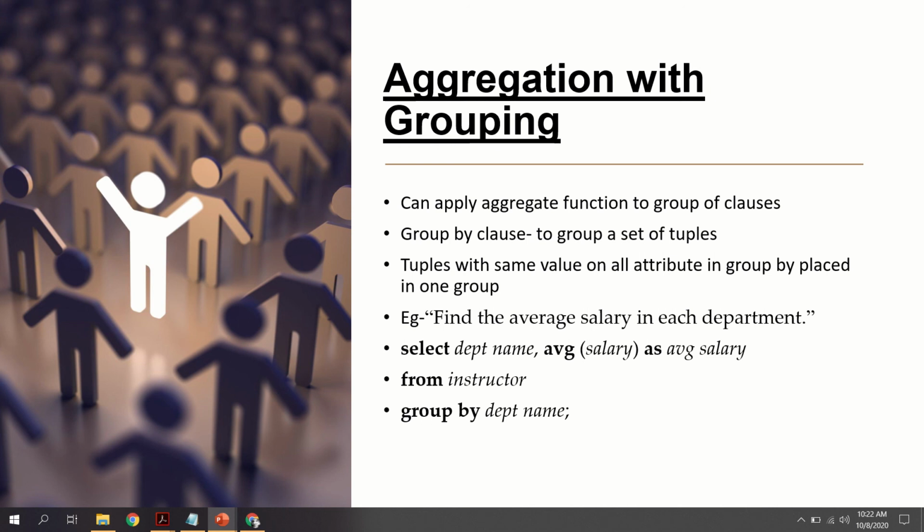For example, if we want to calculate the department-wise average, like the average of the computer science department, the average of the EEE department, and so on. If you want to apply the aggregate function after grouping, we can use the group by clause. Okay, so we can see how